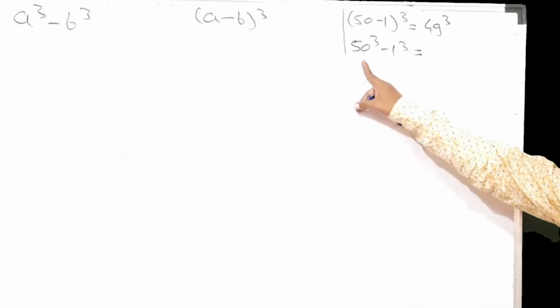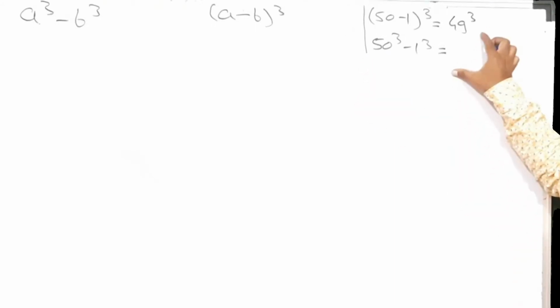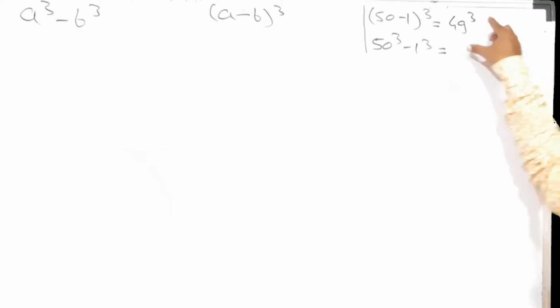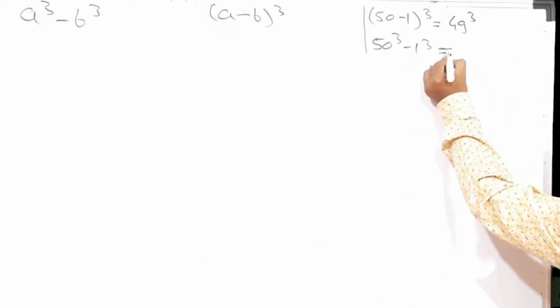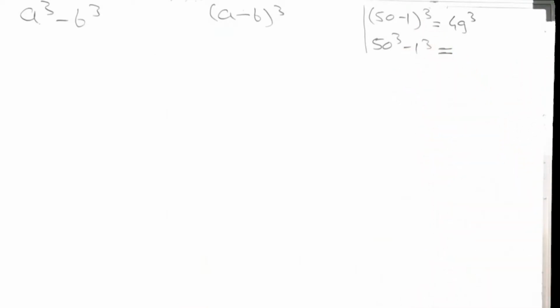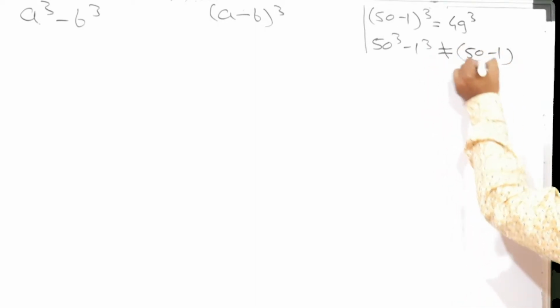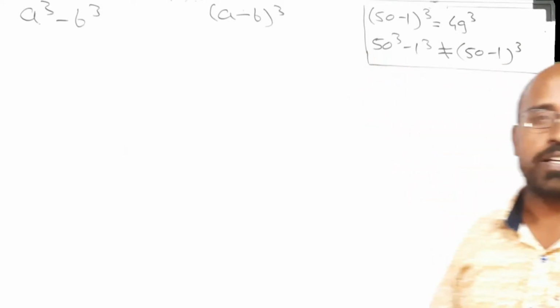use the calculator to find out 50 cube, or use the technique of finding cubes ending with 0. Actually, the calculator is not required, but I am giving you liberty because this is not our main aim. The main aim is to derive this formula, and after deriving it you will easily come to know that these two answers are not the same, they are always different, and this is true for every natural number.